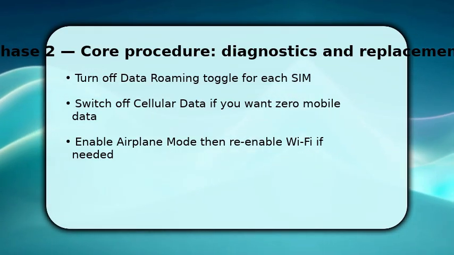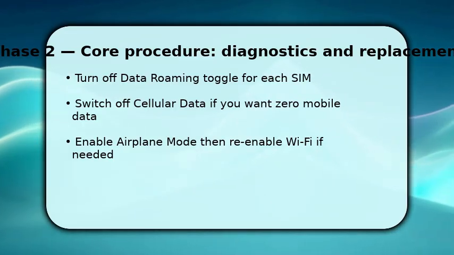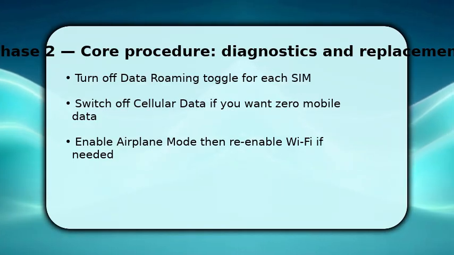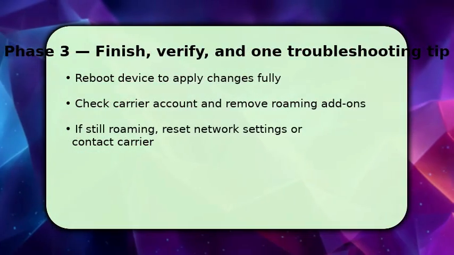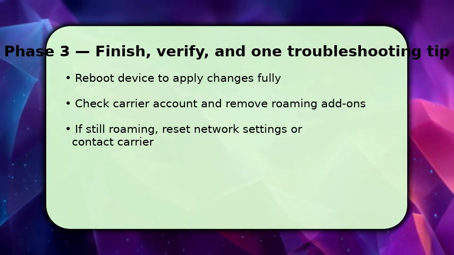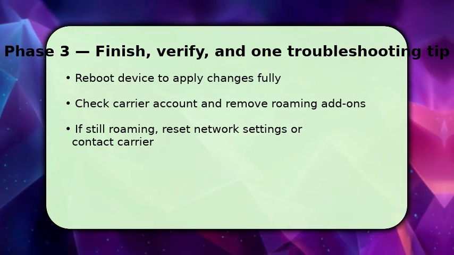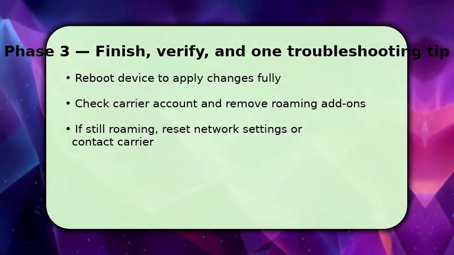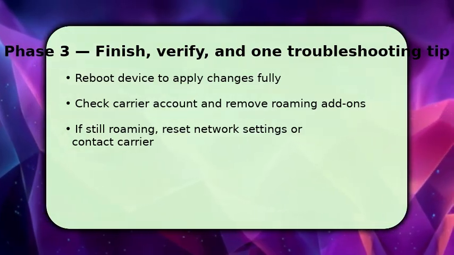Make sure to check both the primary and secondary SIM settings. Some phones require per-line toggles, so inspect each one before moving on. Finish by restarting your phone to ensure the changes take effect. This closes lingering connections. Next, log into your carrier account to confirm roaming services are disabled and remove any roaming